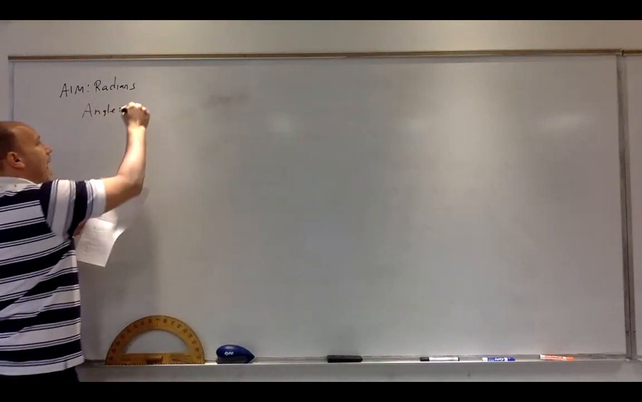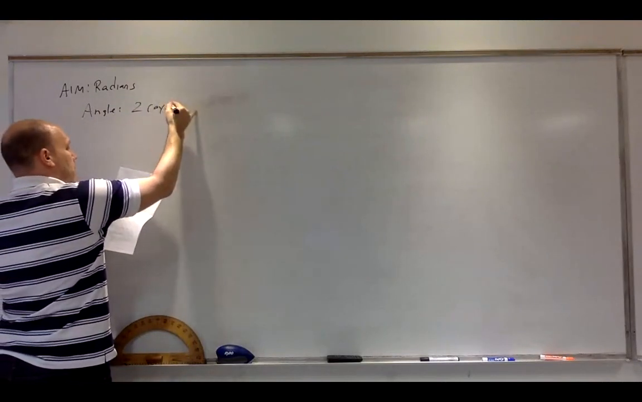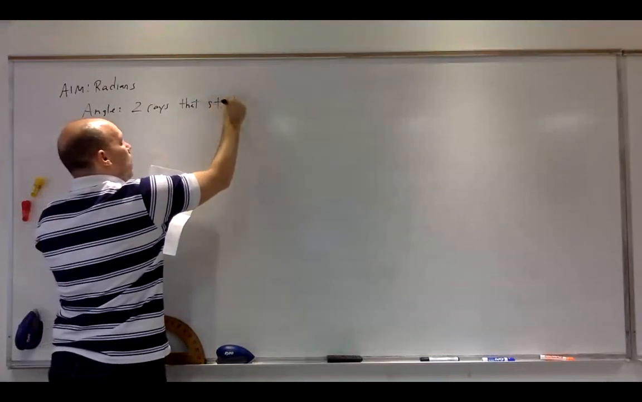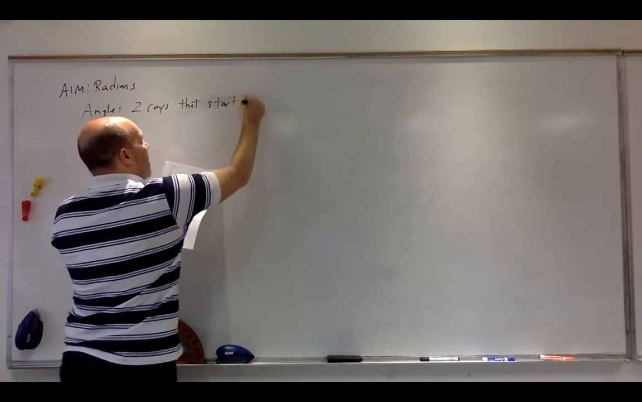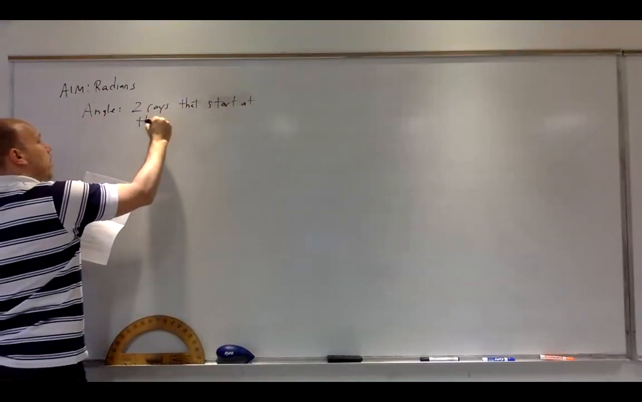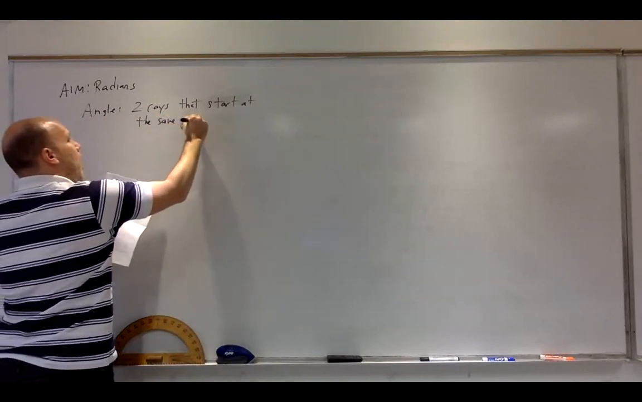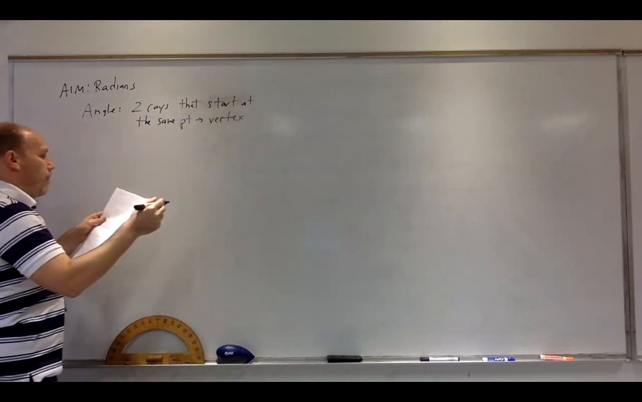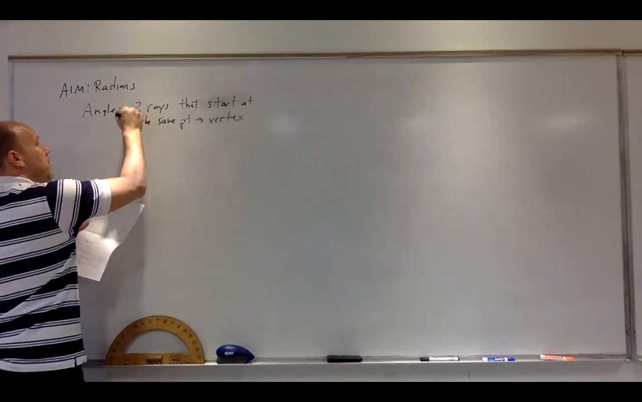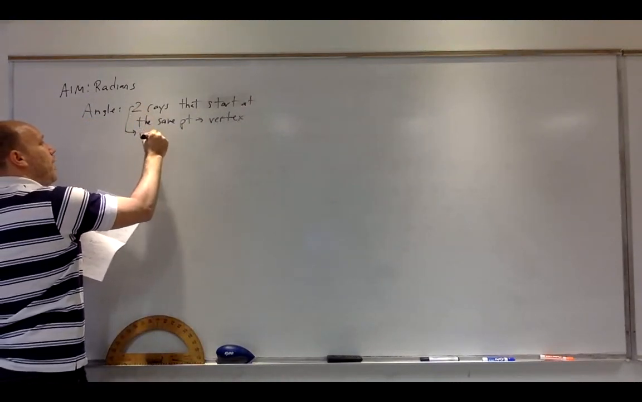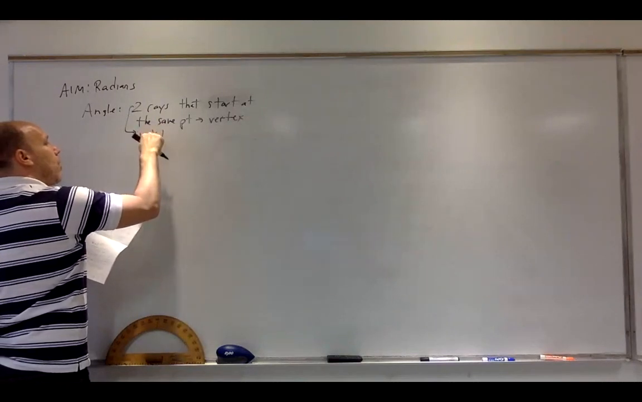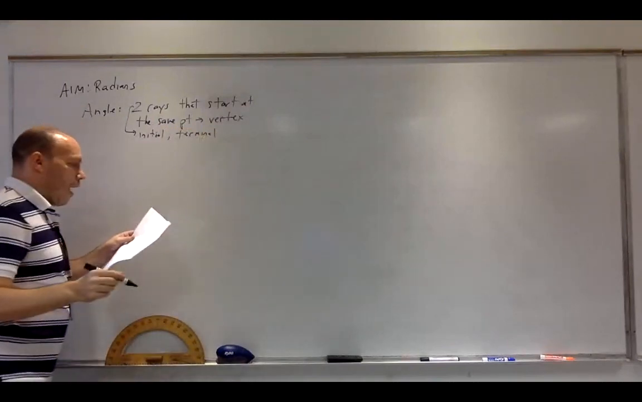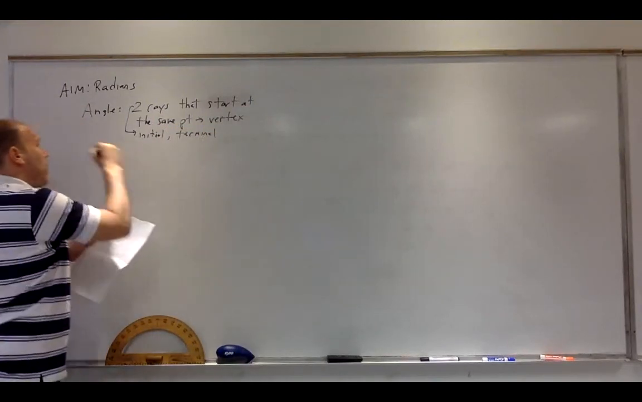What is an angle? An angle is two rays that start at the same point, and that's called the vertex. So that's an angle. And then the two rays, we have the initial ray, and the terminal ray. Okay, so the idea is, how do we